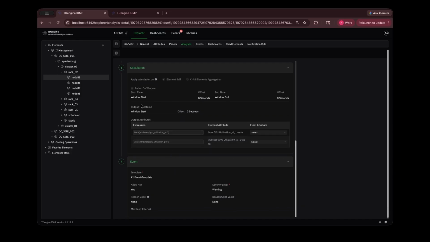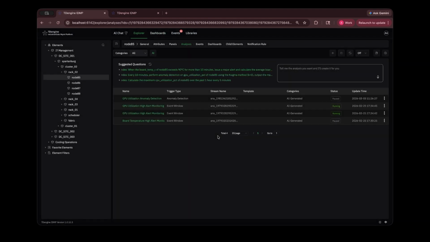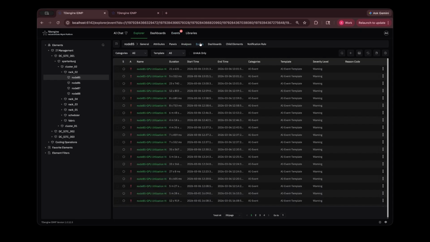Because all data lives in the same platform, operators can identify different things in real time, which would otherwise be really hard to detect. Seeing things such as GPU utilization can get problems such as a runaway job, overloading of compute resources, or thermal risk due to sustained generation. IDMP alerts these operators immediately once this happens in the form of events. Here are a couple events generated, and here are some of the events on an